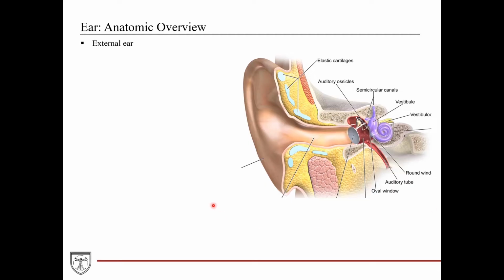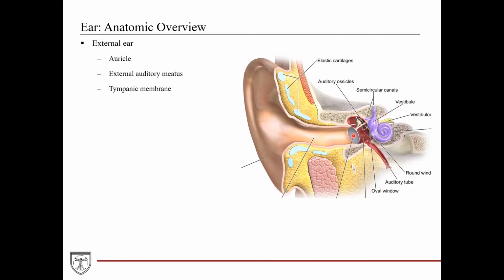The external ear, which is right here that I'm circling right now, is comprised of the auricle, also known as the pinna, which is this fleshy and protruding structure on either side of our head that is specialized to gather sounds, which channel the sound waves into the next part of the external ear, known as the external auditory meatus. This is a narrowed canal that we can stick our finger into if we so choose. The external ear ends at the tympanic membrane, this thin tissue paper-like membrane which vibrates based on the sound waves